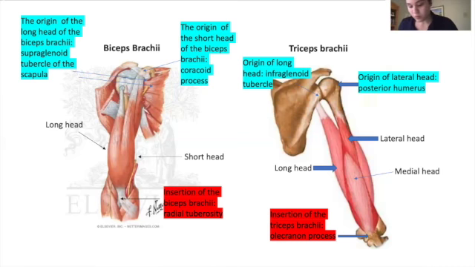So the biceps brachii works across three joints, and it's able to generate movements in the glenohumeral, the elbow, and the radio-ulnar joints, okay? I hope that this video was educational and clear, and